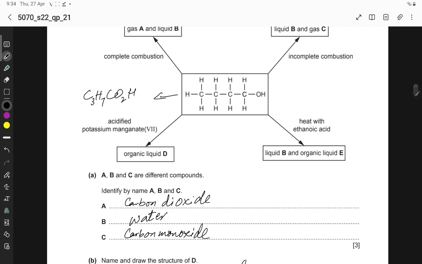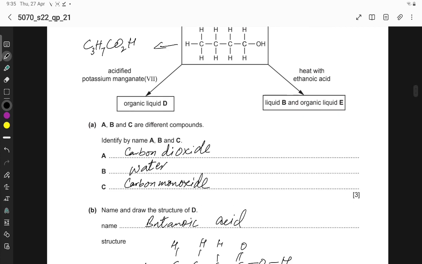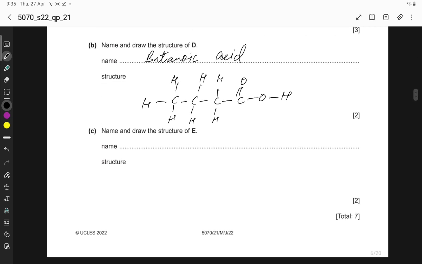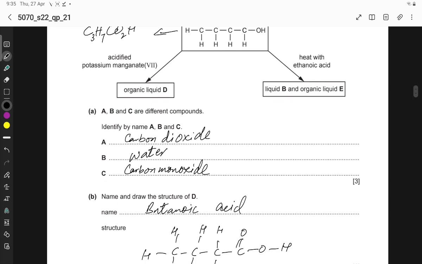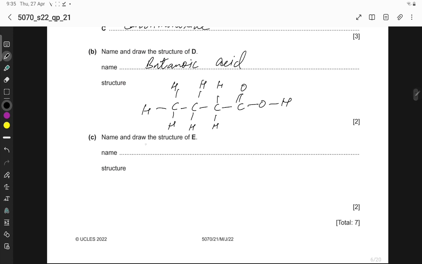Structure of E. Liquid B and organic liquid E. Heat with ethanoic acid. So the name is butyl ethanoate. Butyl ethanoate. Structure is